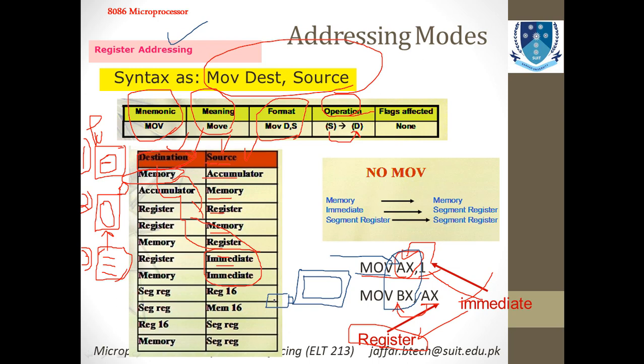So the images will be stored in this USB, and then, using this command MOV, the pictures or your snaps will be shown on the LCD screen. So this is known as immediate data addressing, or you can say register addressing mode. You have to store the pictures into a register, and by using this command MOV from source to destination, you can move the pictures from this USB and display them on your LCD screen.